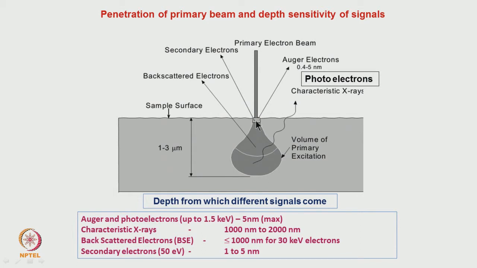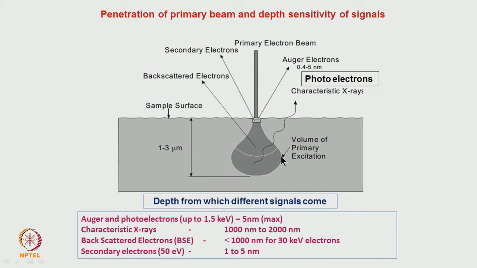electrons are coming out from some particular thickness, Auger electrons from some particular thickness, that is of the order of 1 to 20 Angstrom from the sample surface. Backscattered electrons come from maybe about half a micron, and then the characteristic X-rays are coming from the sample about 1 to 3 micron. Not only that, the electron beam as it enters is getting scattered in the bulk of a sample, like the way we do it in TEM, and they are getting scattered.